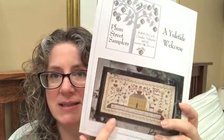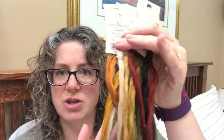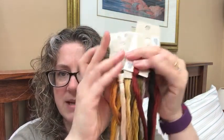So when I kitted this up over a year ago, I bought the threads. So these are Gentle Arts. I think they're all Gentle Arts. Yes. So these are the charted colors. So as you can see, they're quite rich, beautiful colors. Love them. And at the time,